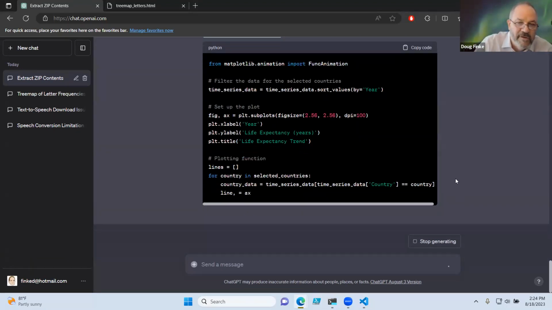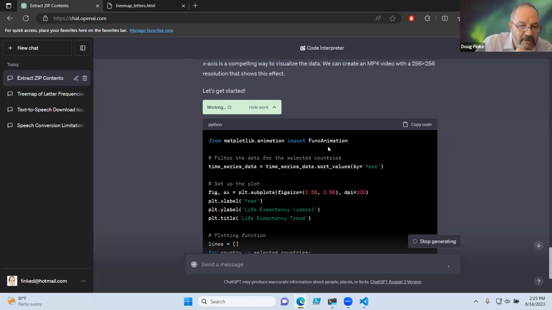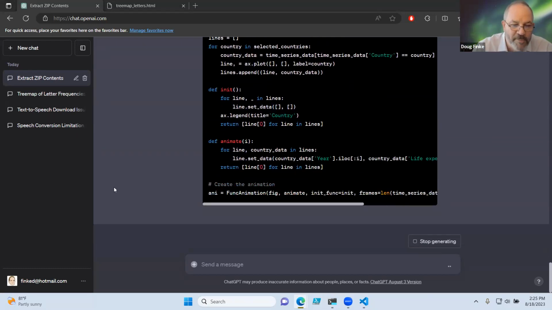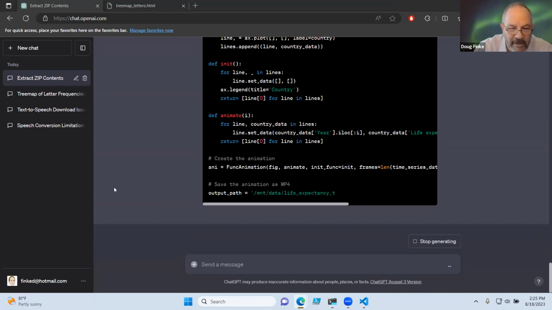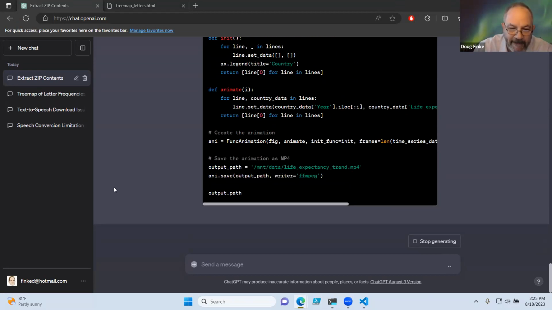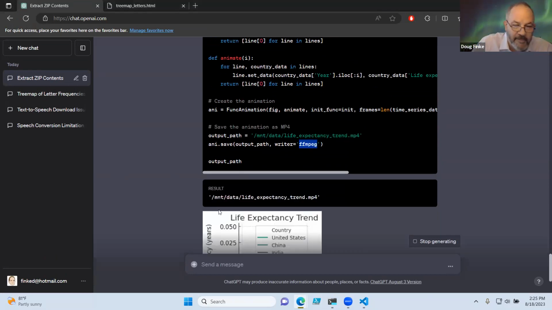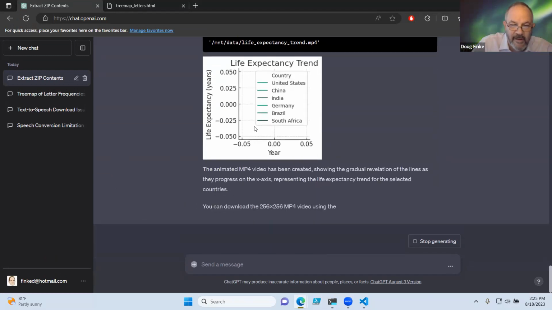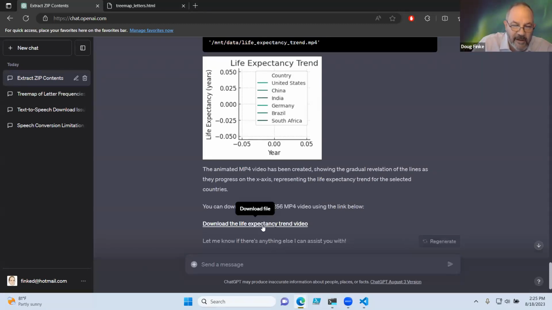So we can see it's using the matplotlib animation module, as animation, that's built into that library. I'm not 100% confident this is going to work, but let's see. Or it might actually come out with something. So it actually did the thing. It actually used FFmpeg, and it looks like this time it actually produced the chart. I don't think it's going to run the animation there, but let's click the download file,